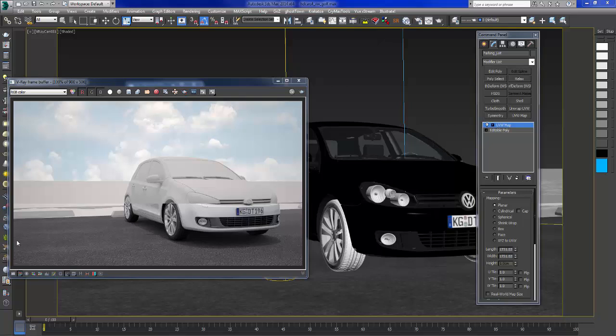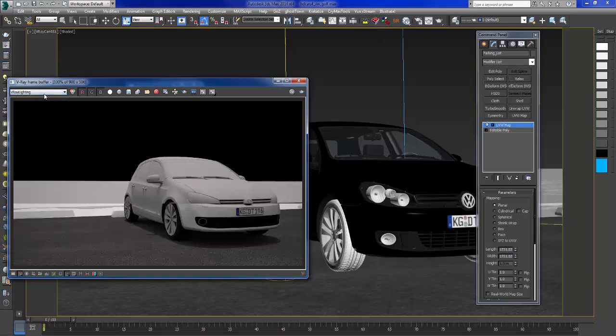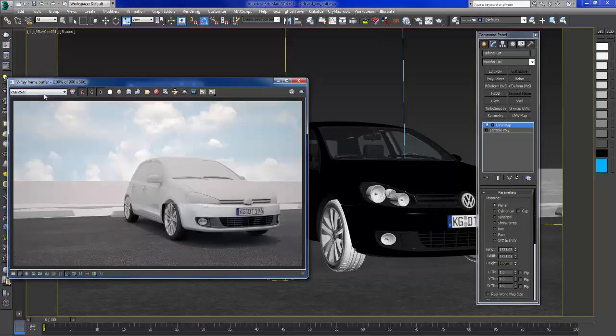Okay, so now as you can see guys, we have a little bit of bump going on, and if we go to the V-Ray reflection, this is our reflection now. As you can see, it's spread all over the road, which is nice. And that's the lighting, and this one is our base color. So next we're gonna add those stripes that you see in the road,